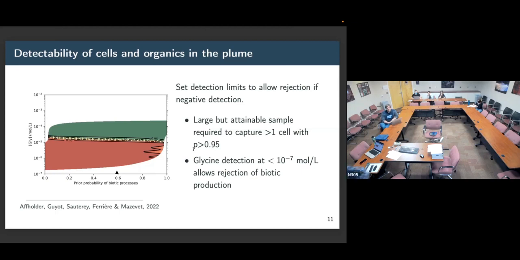What we show here, this is in the posterior case, the biotic methane assumed case. In that case, a 10 to the minus 5, 10 to the minus 7 moles per liter detection threshold is fine. I should have maybe put the worst case scenario, where we show that 10 to the power minus 7 is really the safer threshold. And this is actually, if I remember correctly, something that people think they can attain with onboard instruments. So, good news.